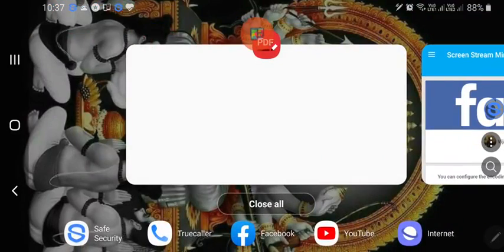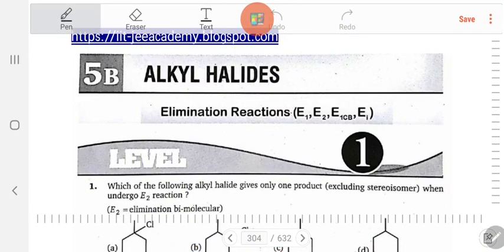In today's lecture, we will see certain problems on elimination reactions. Yesterday, we finished the types of elimination reactions. Today, we will discuss a few problems related to elimination reactions. Already elimination reactions are classified into different types. We discussed E1, E2, E1CB, Ei elimination reactions, alpha, beta, gamma elimination reactions, and so on. Now, coming to certain problems on elimination reactions.